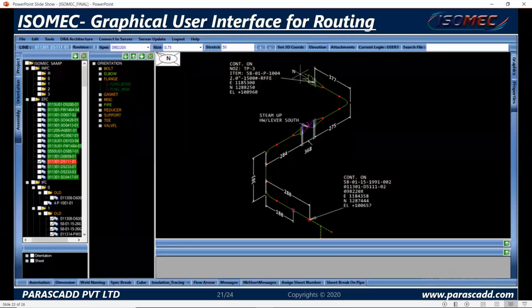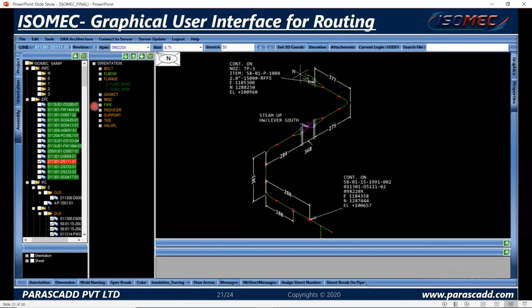So this is the graphical UI of ISOMEC. Similarly, as in MAT contract, on the left-hand side, we have the IFC node, that is input for construction, the associated revisions in them, and the EFC node that is for editing purposes. We have the lines over here. In the IFC node, once your line is permitted and approved, we can send it to IFC, get the reports, and get the prints from this IFC node.